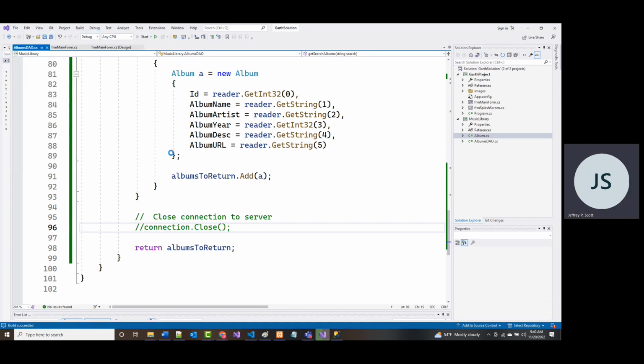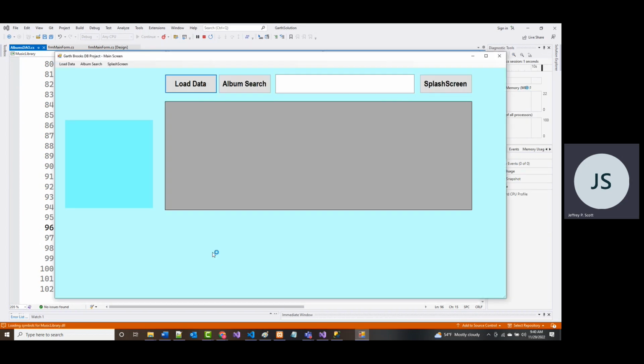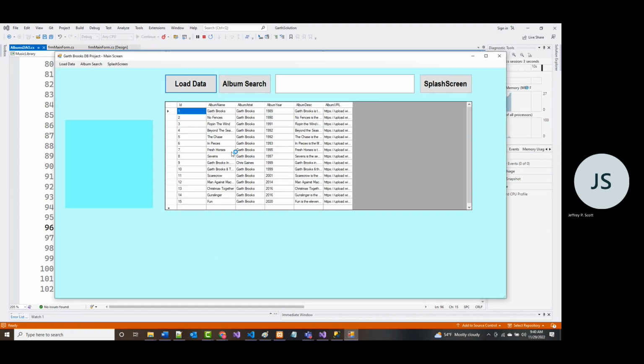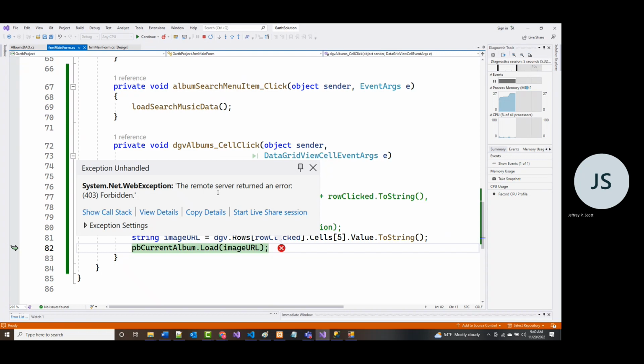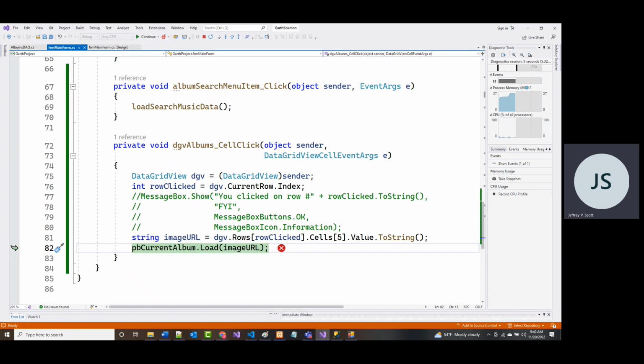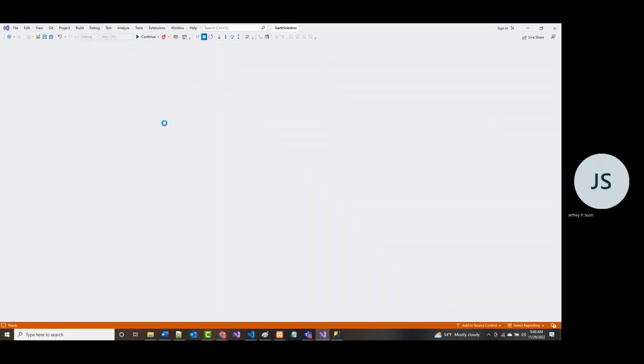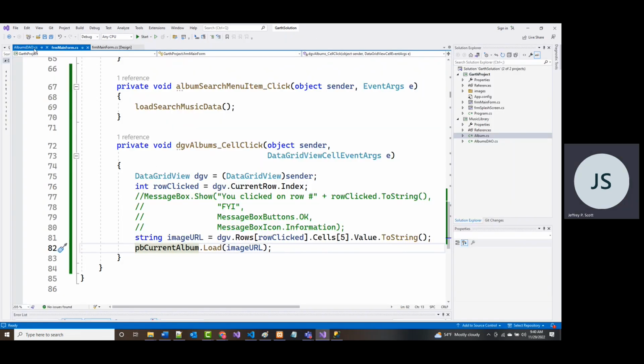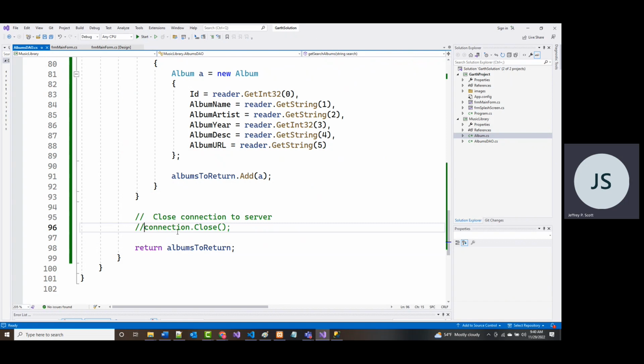This may do absolutely nothing. I may get the same error. And I am. All right. Well, the good news is that isn't what it is. Bad news is I, as of right now, don't have an idea of what the problem is.